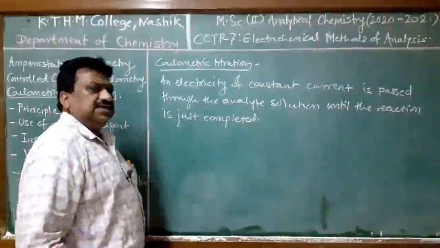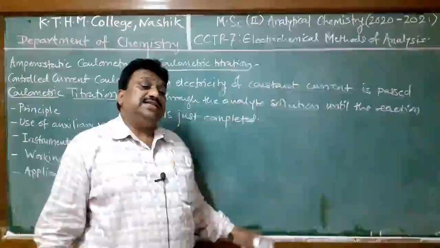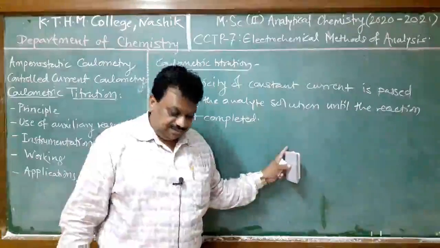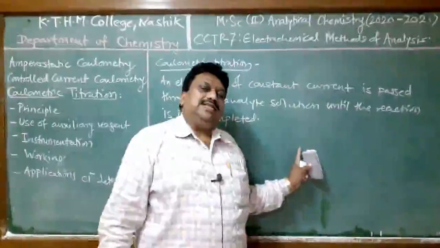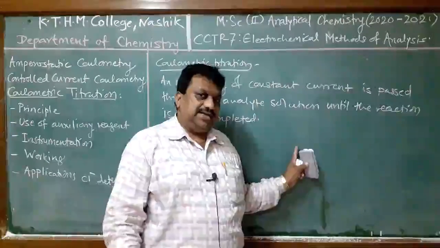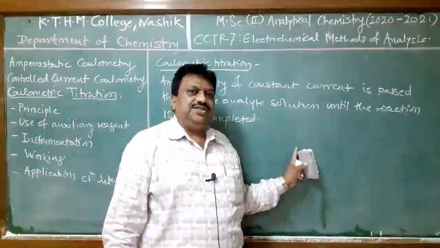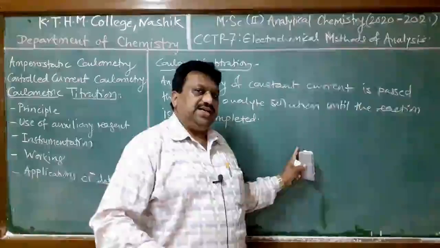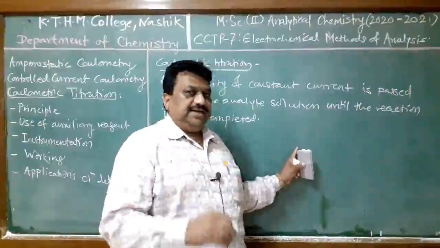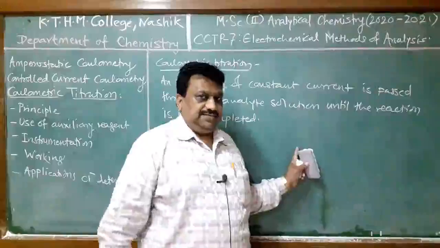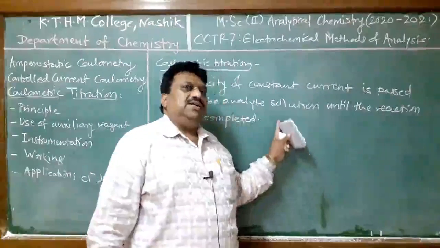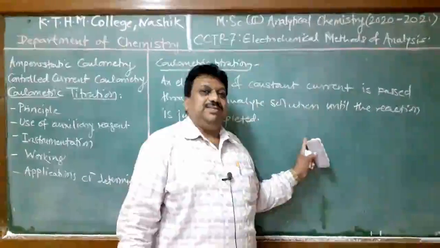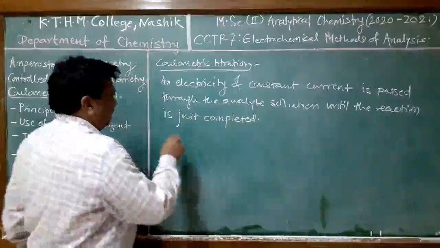This technique is called coulometric titration because it is analogous to the traditional titrimetric method of analysis. In titrimetric analysis, we add a standard solution into the analyte solution until the reaction is just completed. The completion of the reaction is detected by an indicator or sometimes by the reagent itself. Therefore, this technique is exactly analogous to the titrimetric method, and here in this technique